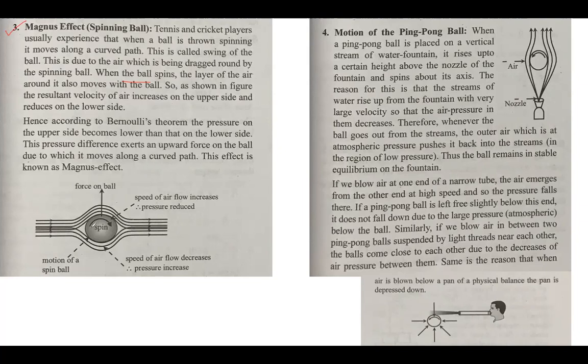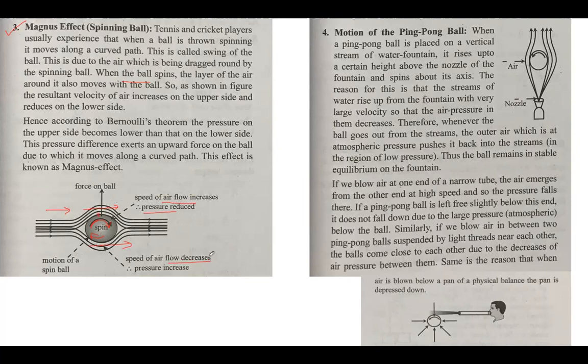So when the air is flowing in this direction and the spin is in this direction, this is along the direction of air. Because of this spin and friction between air and the surface, this will assist the speed of the wind. So the speed of the airflow increases here. And in the lower region, because the spin is in this direction and airflow is in this direction, they are opposite to each other. So the speed of airflow decreases here.